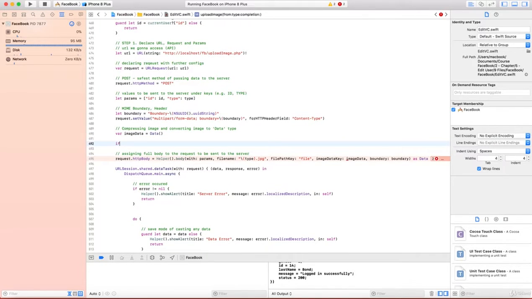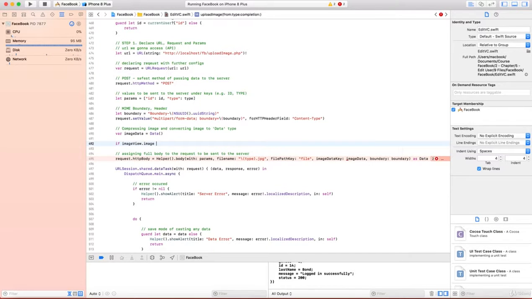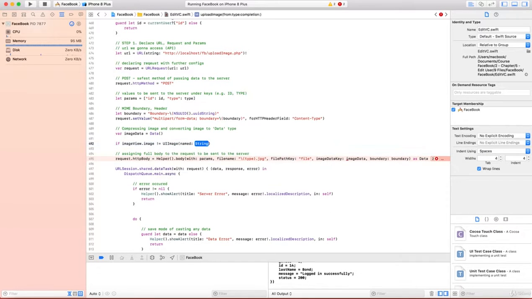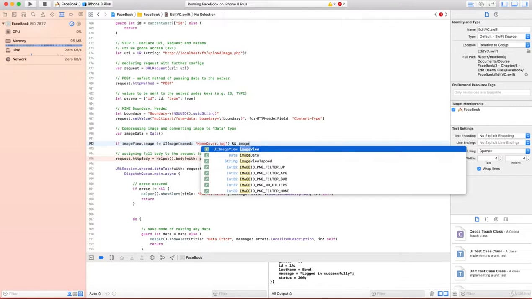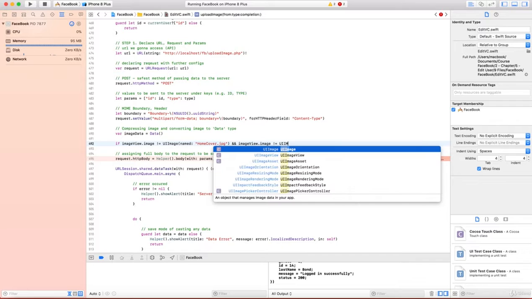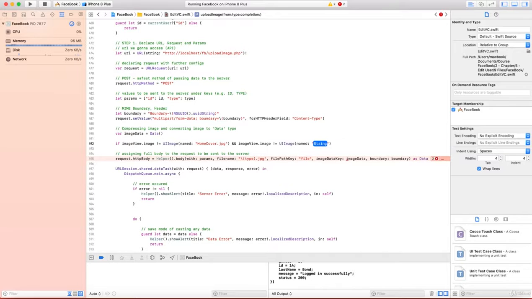Then we will write an if statement: if imageView.image is not equal to UIImage open round bracket named, and then we will write home cover.jpg, and imageView.image is not equal to UIImage, select the method with the name, and here we'll write user.png,